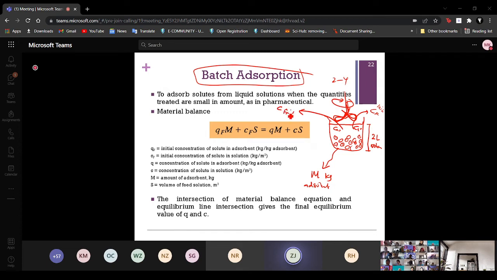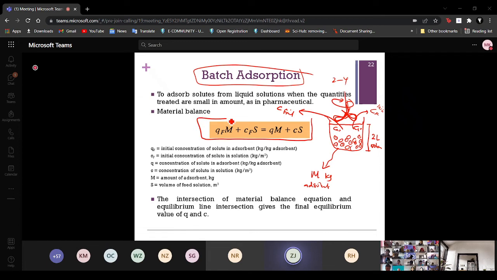Final. Okay, the last. So you know that the final one. But in this particular case, sometimes it takes time. You want to take a sample and then analyze the final, then it takes time. And that final may not have reached equilibrium, probably, because you don't know how long it's going to take. So what happens is that you can